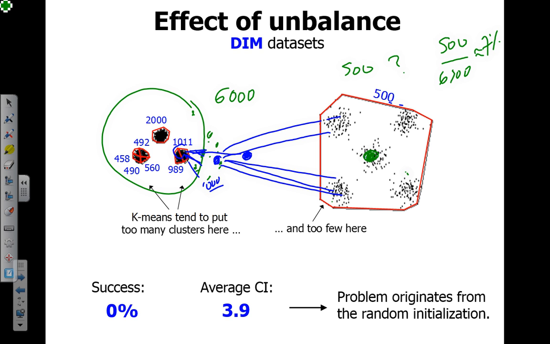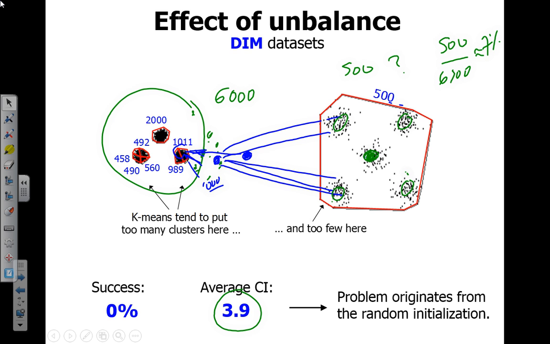But only one, because the distance between these two areas is so big, they are so far from each other, so no other centroids typically move, and therefore usually 4 cluster centroids are wrongly allocated. They are missed here, and the average CI is typically 3.9. Sometimes k-means happens to be lucky and select more, but in most cases it only manages to move one.